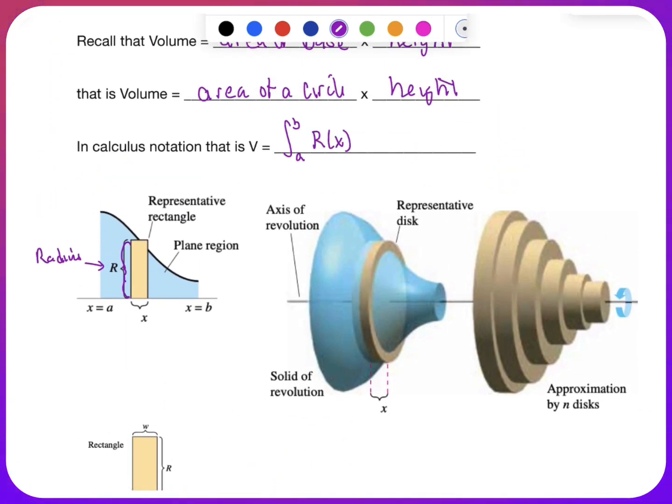We take that radius, square it, and multiply by pi. Since pi is a constant, I'm going to factor it out of the integral. Then we multiply by the width of our representative rectangle. This is a change in x, so we multiply by dx. So again, it is pi times the integral from a to b of r squared